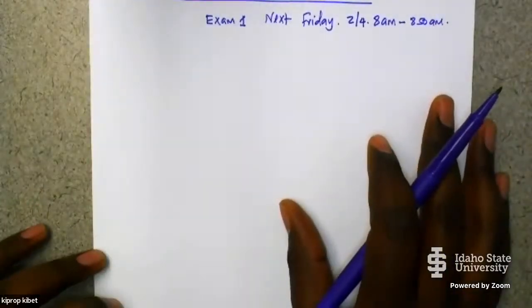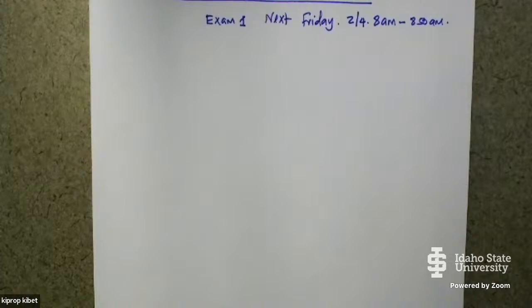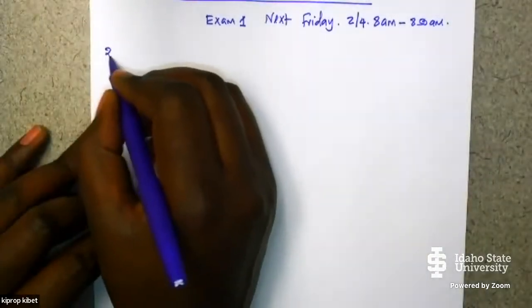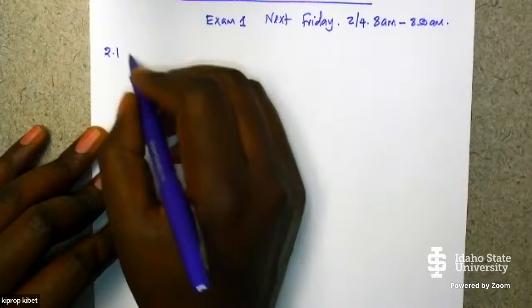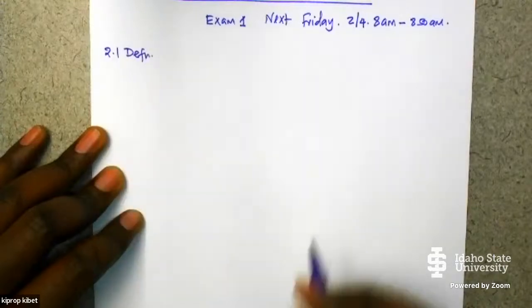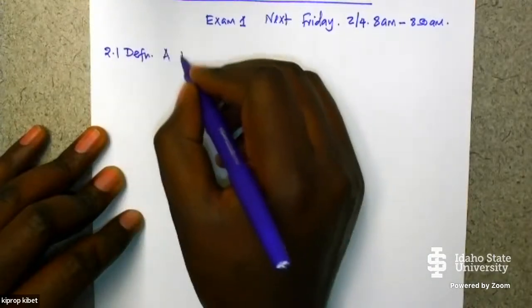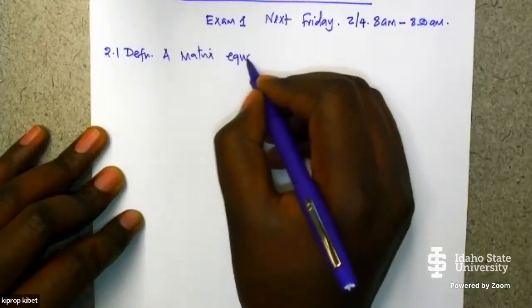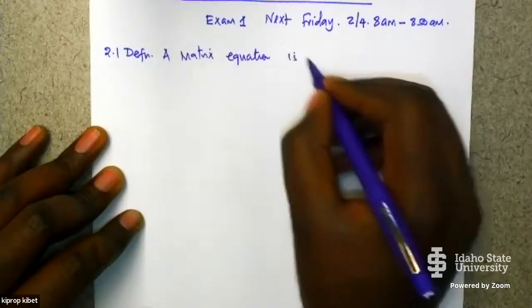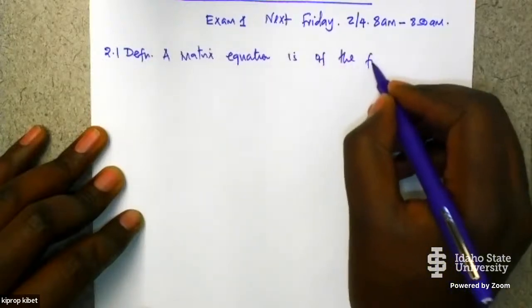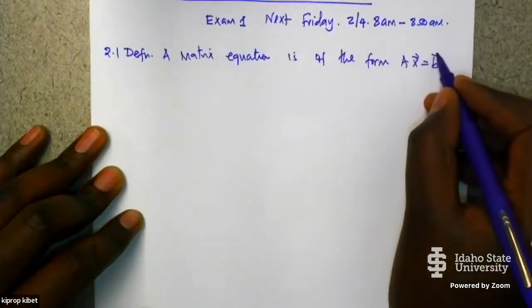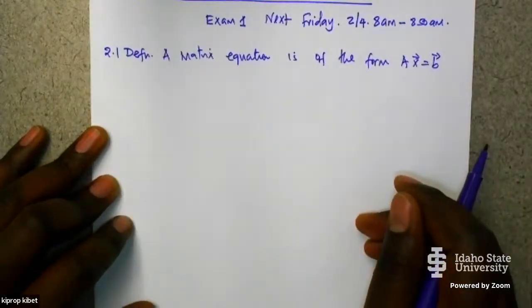Okay, let's continue. So we are looking at matrix equation and the linear system. So what is a matrix equation? Let's look at Definition 2.1. A matrix equation is of the form AX equals B,